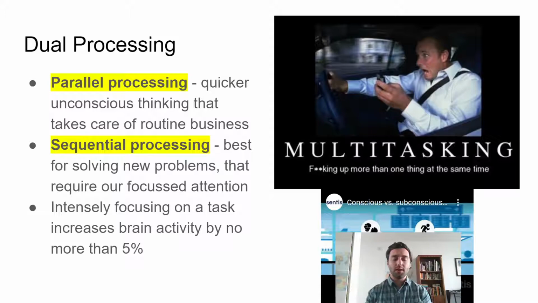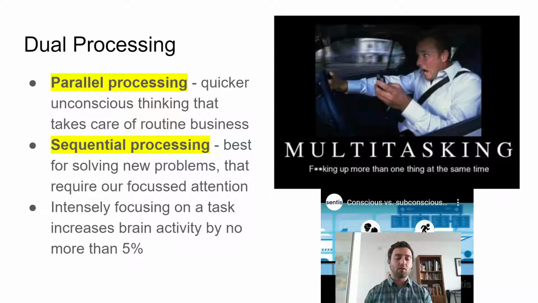Something like walking. When you're a little kid, like a baby, they have to put conscious effort into walking. When babies are learning how to walk, you can see them consciously thinking about moving their legs certain ways to try and walk, and holding their balance. Once you're in elementary school or a teenager or an adult, when you go to walk somewhere, you just get up and walk. You don't even really think about doing it. You don't think about your legs moving. You don't think about your balance. You just get up and start walking. That's this idea of parallel processing.